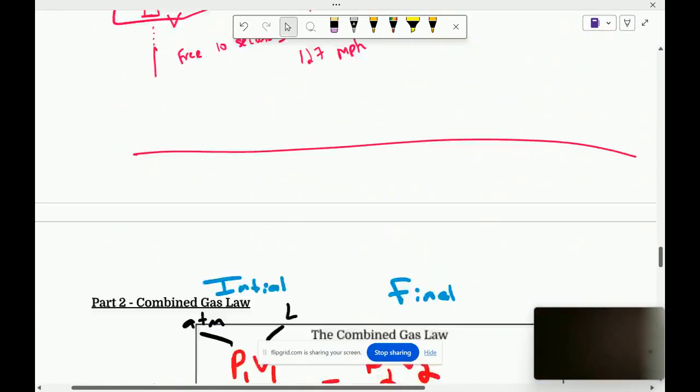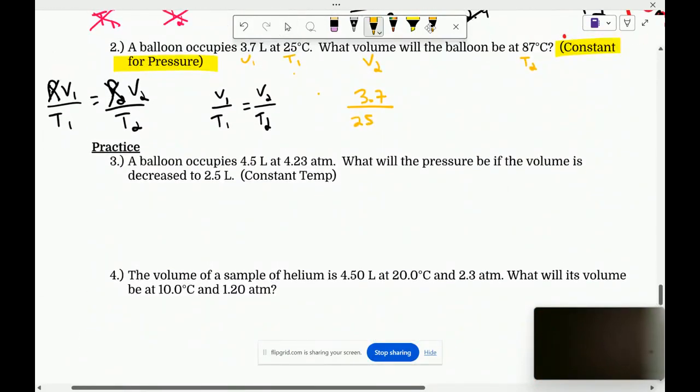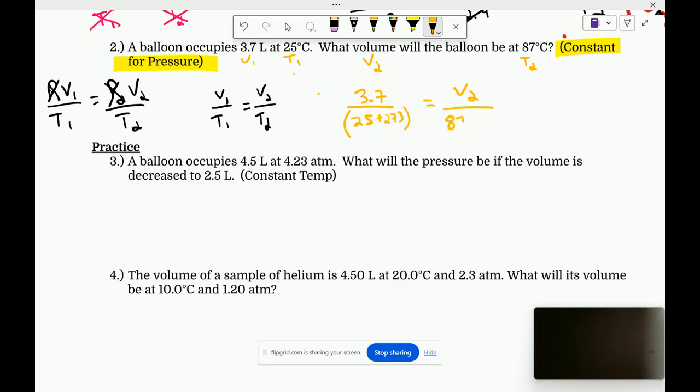Okay? So I'm going to go back to my problem. And I just like to do it like this. I like to put it all in at once, like 25 plus 273. You can do it before. Remember, you have to get into Kelvin temperature. Is equal to V2 over 87 Celsius. I can't be Celsius. I have to be Kelvin, so I add 273. Now, how am I going to solve for x? Just multiply across, right? Everybody just multiply over. Sound good? You just go 3.7